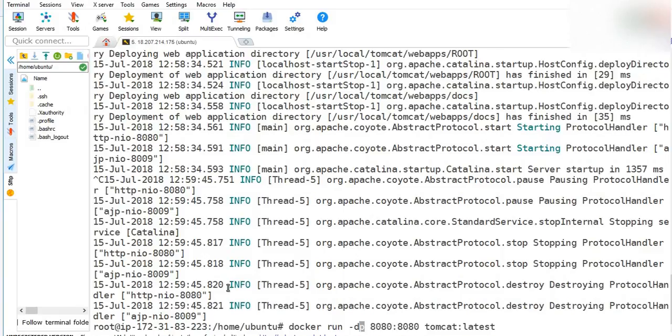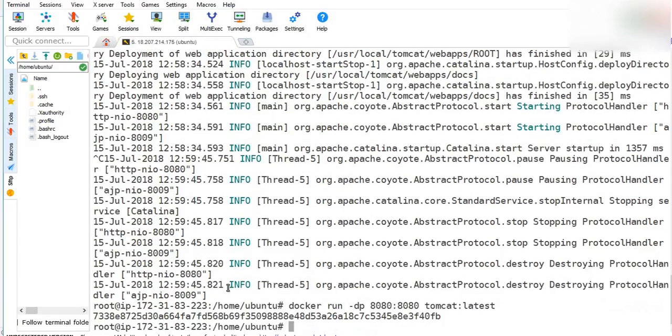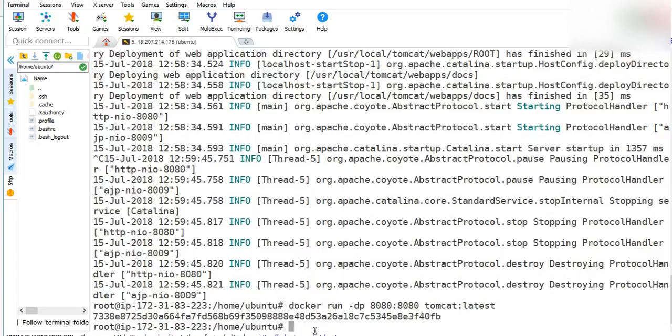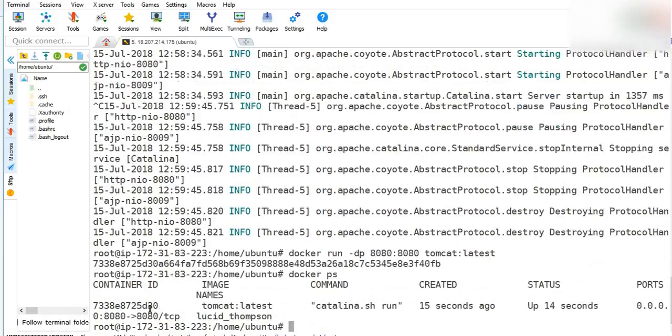Combining the command. Okay, so now it's not going to go again to the internet and search. Why? Because the same image was already there, and it will only give us the container ID. So this is a big container ID, and if you run docker ps, you will see a small container ID, which is the first 8 to 12 characters of the same. This is how you will identify a container uniquely.